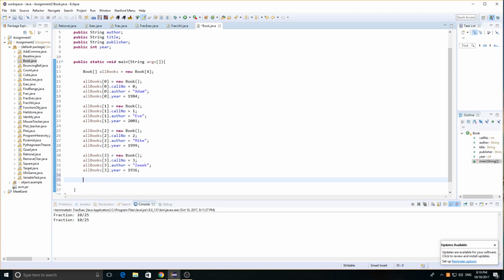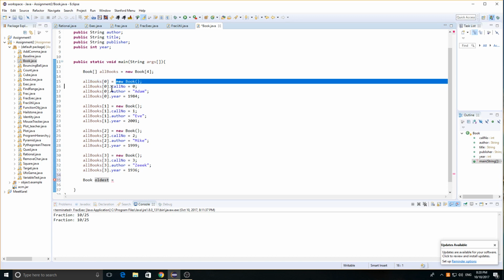Okay, I'll just tell you what's going on. So basically, this is an example of how you manipulate these things and traverse the books. You assume you have a book which is oldest, and you just point to it. And remember that every variable is a reference, and a reference is basically a pointer to a heap object, and the heap object is created using its constructor. So this one is also a reference, a pointer to a heap object. So oldest equals